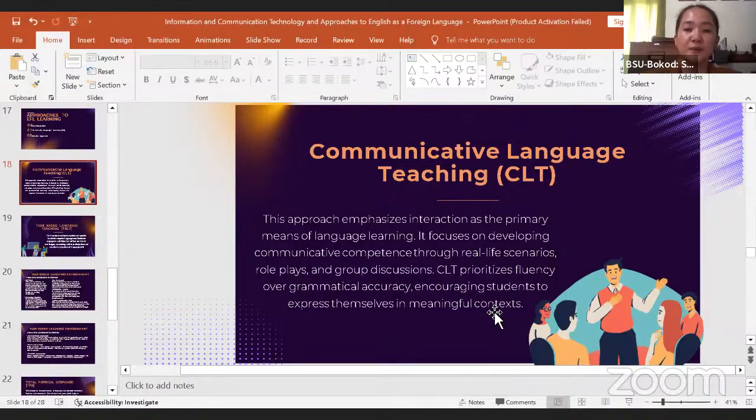And then also the priority of this one is grammatical accuracy. It also encourages students to express themselves in meaningful context. So in the Philippines, we adopt this communicative language teaching. Okay, this is integrated to the curriculum of the basic education from kindergarten until